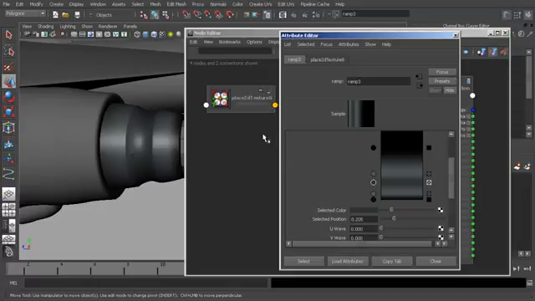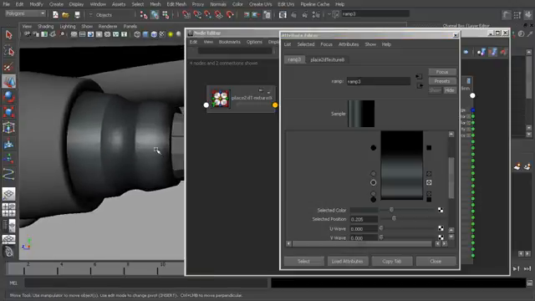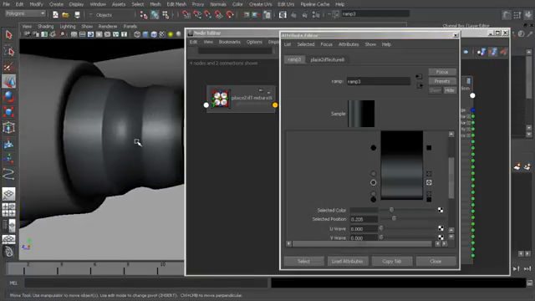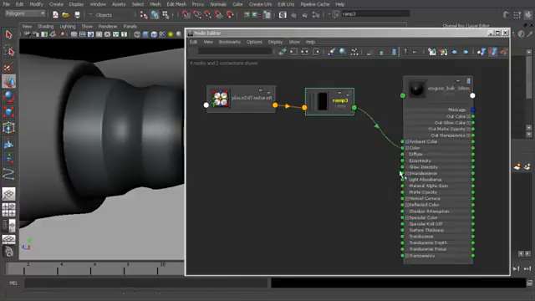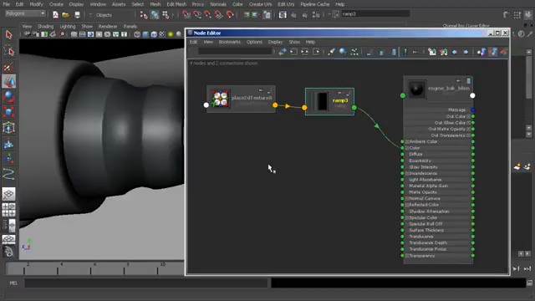Okay, so we're able to now add detail on here. But let's say we want to start to break up the shape a little bit, or break up the color here a little bit. So what we can do is start to combine procedural elements to different attributes. So let's say specular color. Okay, we can go ahead, right click,